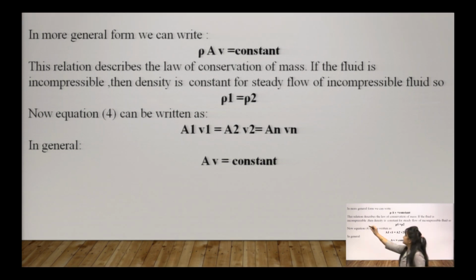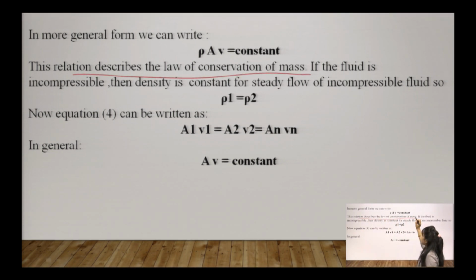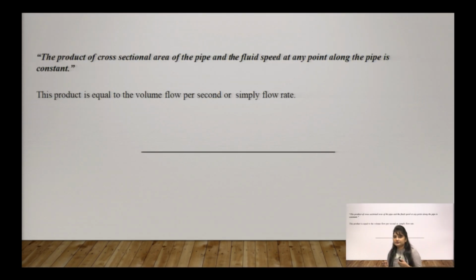This relation describes the law of conservation of mass, where you can see the rate of flow is always constant. And as I have told you before, if the density remains constant, it will get cancelled, and hence A1V1 will be equivalent to A2V2 or AnVn,